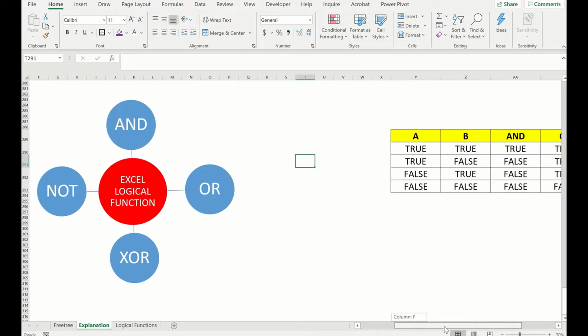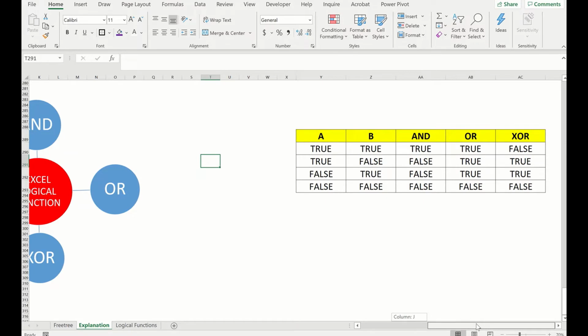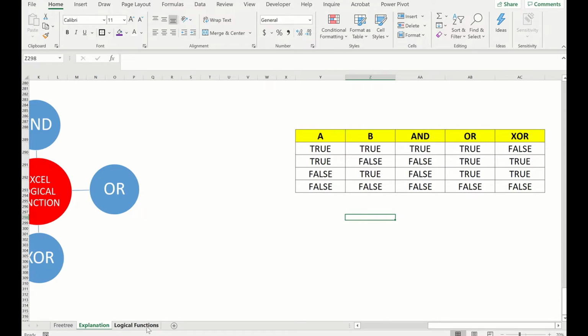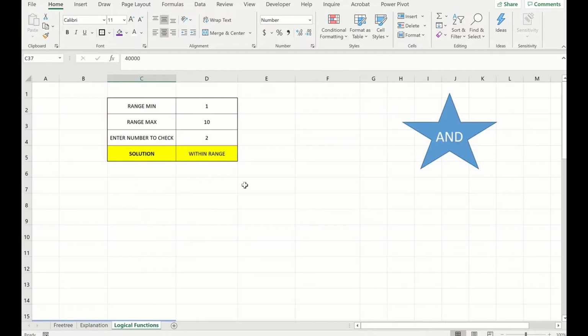So how this works, for those people who are interested in Boolean logic, is this. I hope this is clear. It's a very basic thing. I think I learned this when I was in school. You guys can take a screenshot of this if you want, but this is how it works. Okay, now let's run through it.